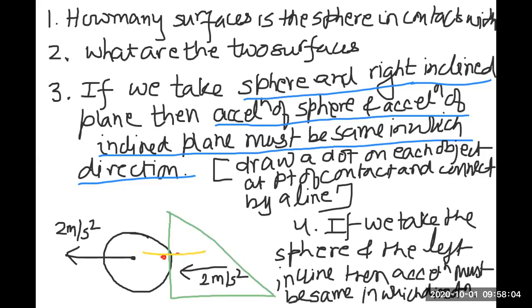If the wedge is moving in the right direction, then what will happen? तो इस केस में चेतल द स्फीयर, अभी जो मैंने लेफ्ट वाला 2 मीटर पर सेकेंड स्क्वायर लिखा है वो 2 मीटर पर सेकेंड स्क्वायर राइट में लिखना पड़ेगा, ठीक है ना।